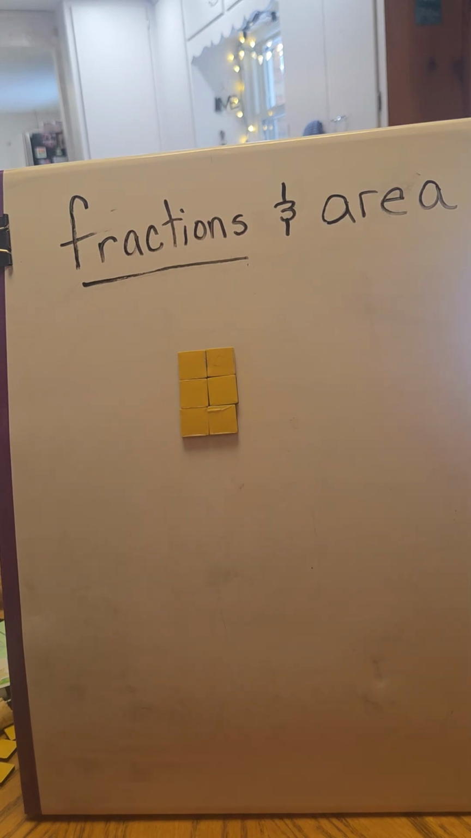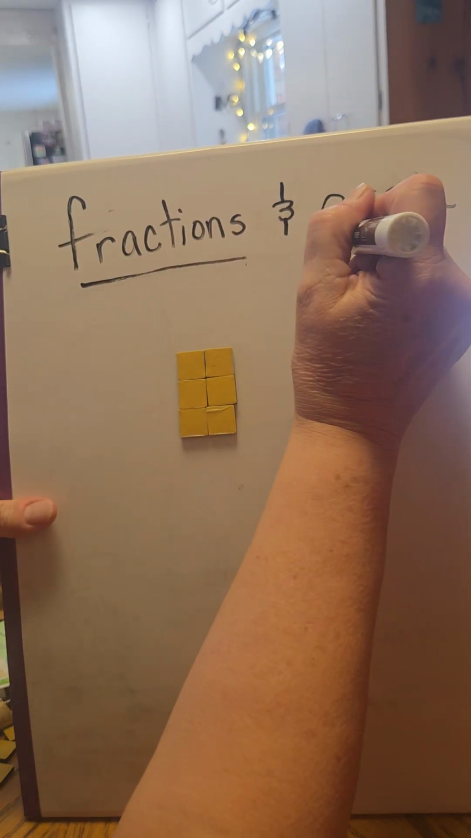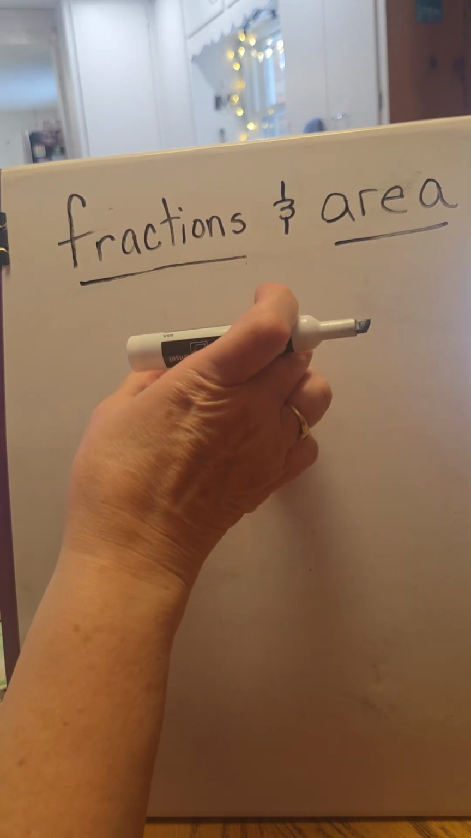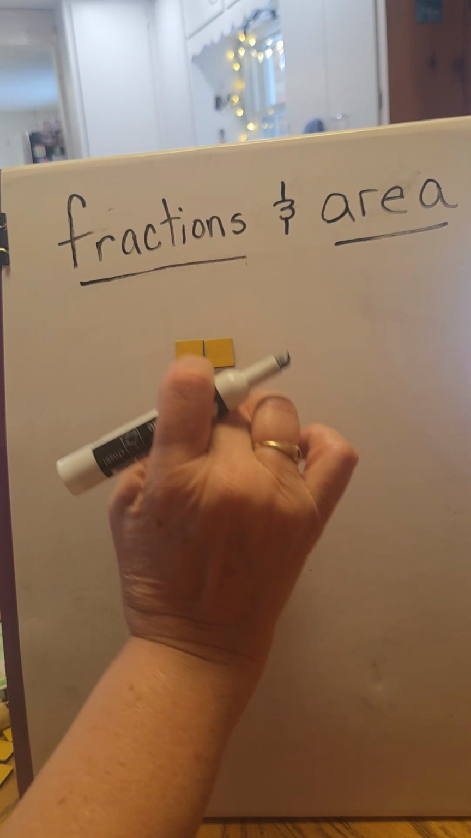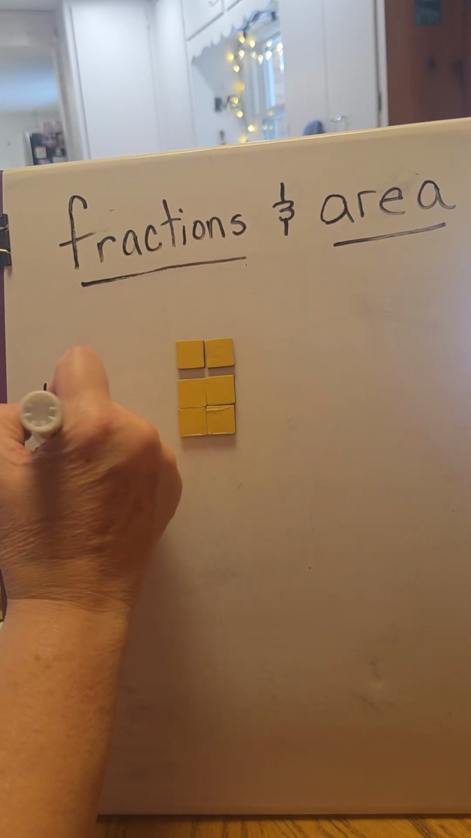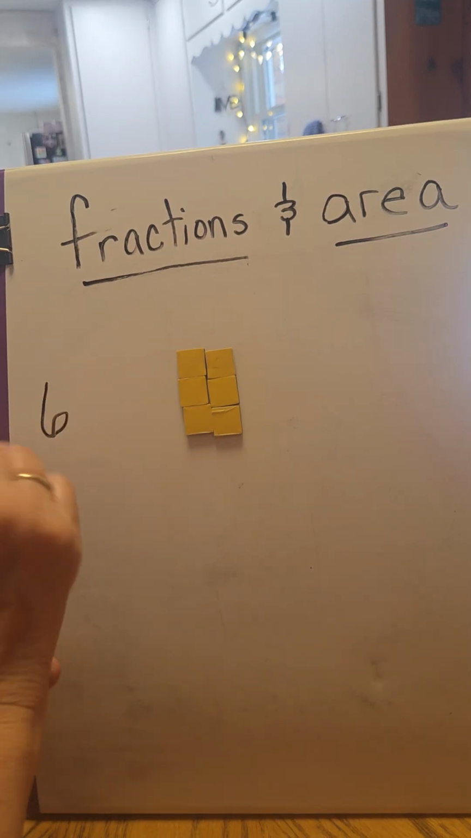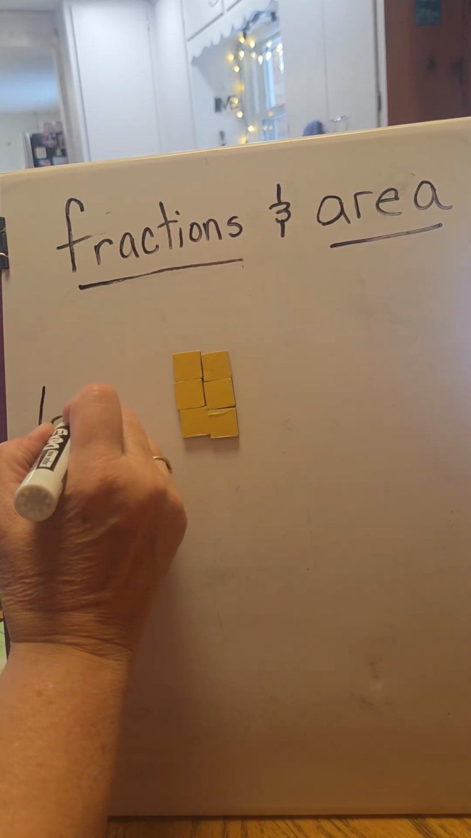Now I want to talk about fractions in area. All right, well, 1, 2, 3, 4, 5, 6. How many do we have here? 6. 6 in this rectangle. So the area of this rectangle is 6